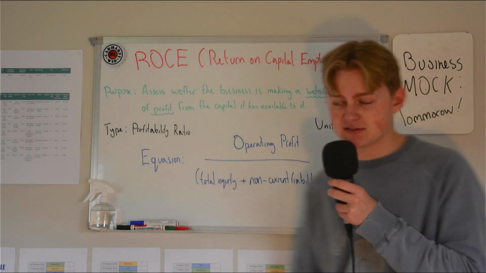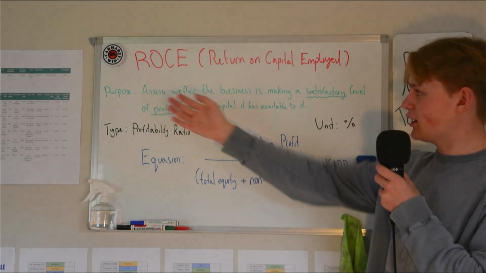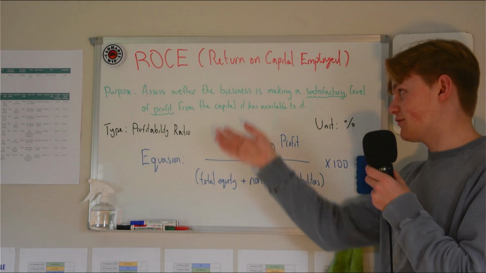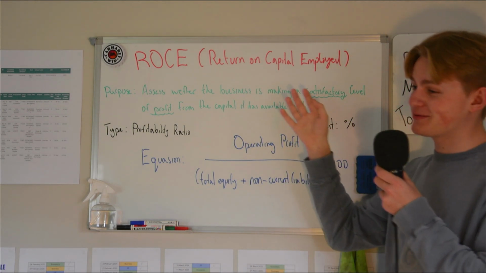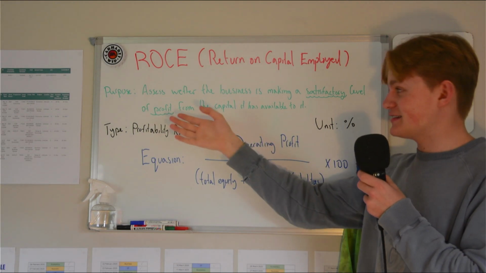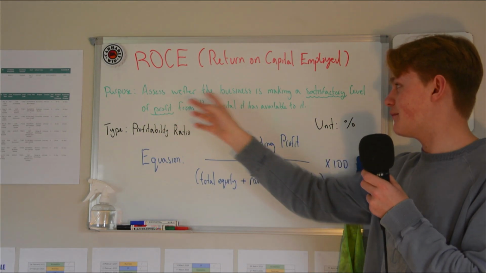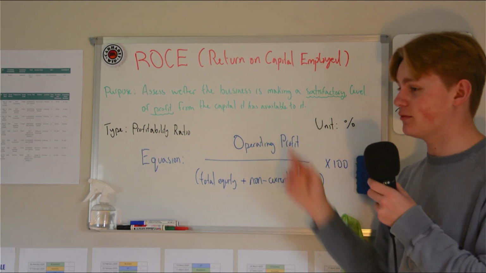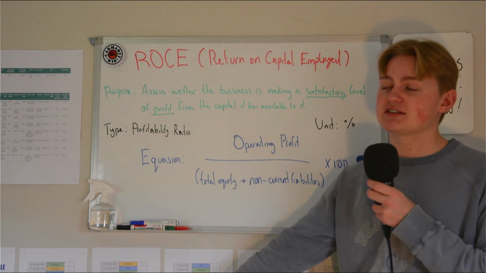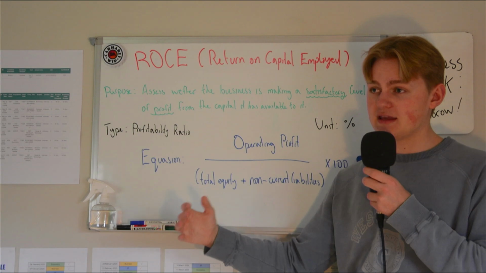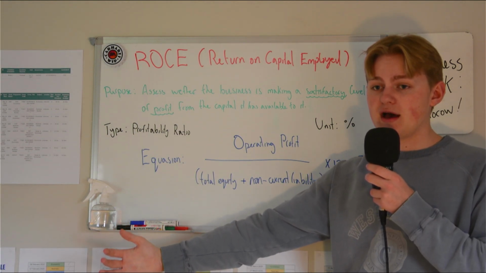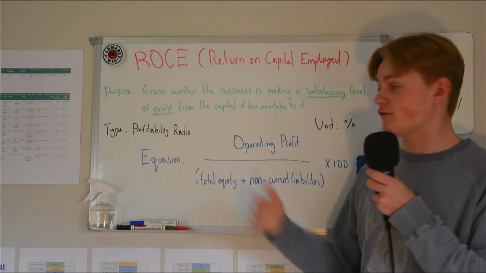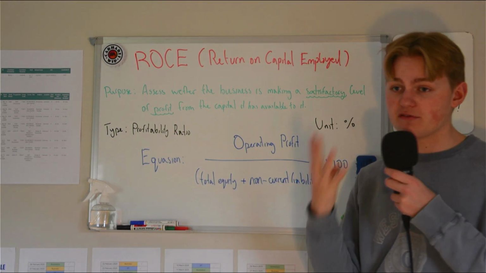So, let's get started. Firstly, we're going to look at ROCE, return on capital employed. Now, that's kind of a fan favorite. What is return on capital employed? Well, it is kind of as it sounds in the name. It's to assess whether the business is making a satisfactory level of profit from the capital it has available to it. Now, what does that mean? It's basically just saying, how well are we converting the monetary capital that we have into our profit? And so because it's about profit, it's a profitability ratio, one of the 4 types of ratios